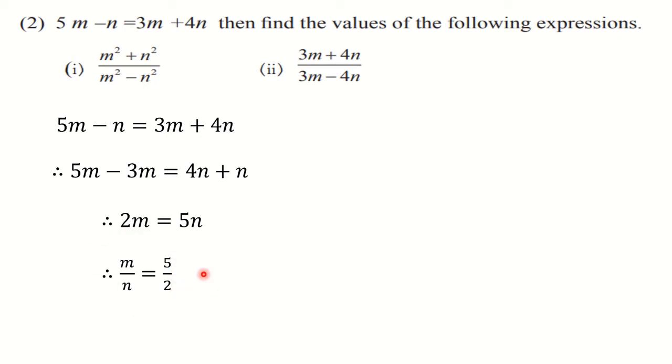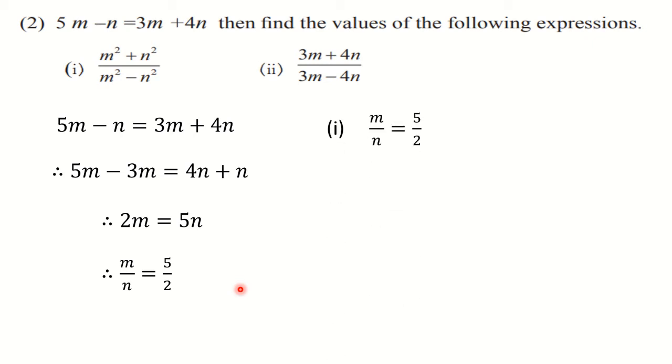Now see, this question is similar to the exercise from 4.2, where the ratio is given, and from that we have to get another ratio by performing a suitable operation. So here it is very clear that we have to go for componendo dividendo. But before that, observe the numerator and denominator. Numerator is m squared and denominator is n squared. But we don't have that here. So we have to square it first.